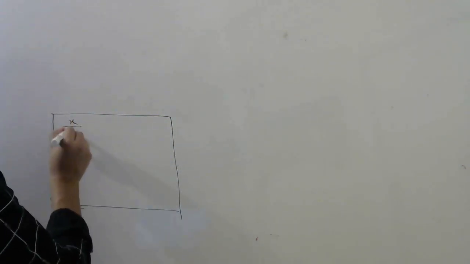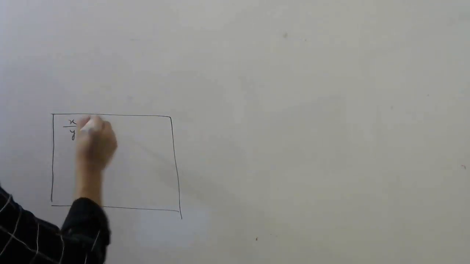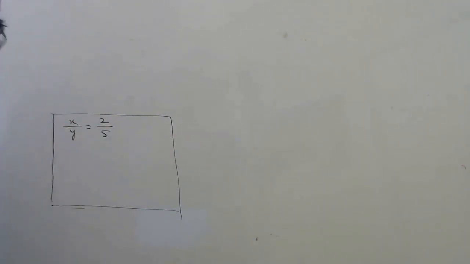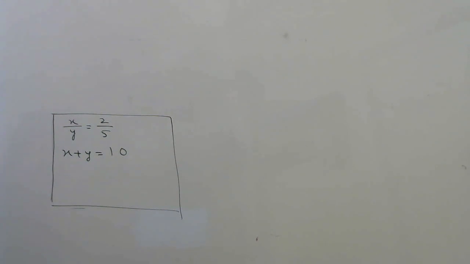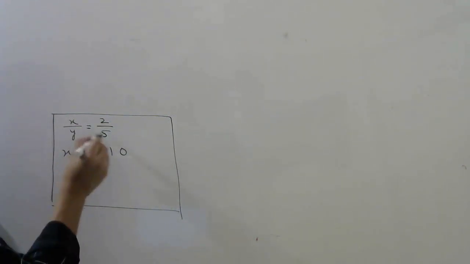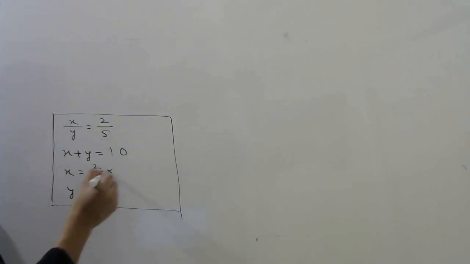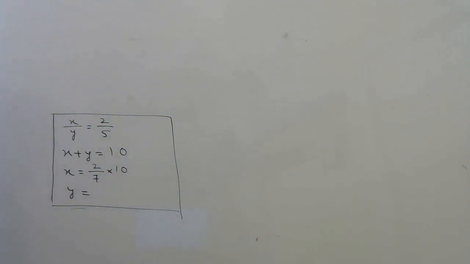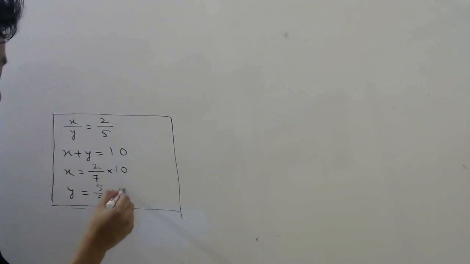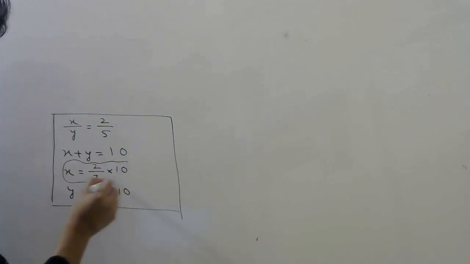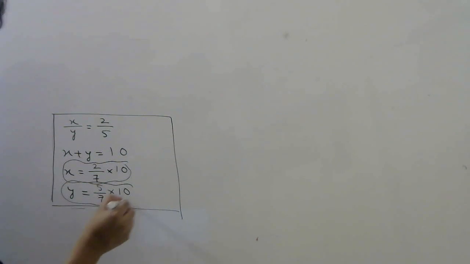If the ratio of two variables x by y is supposed 2 by 5, let's say. This is the ratio of two variables, and the sum of the two variables is supposed 10. Then immediately how can you find x and y? Immediately. So x will be 2 by 5 plus 2, 7. 2/7 of total, which is 10. And what will be y? y will be 5/7 of total. So this is something I want you to tell fast. Okay, without taking too much time.